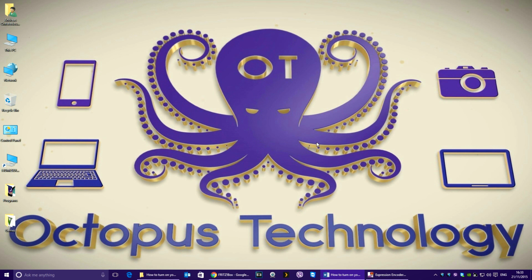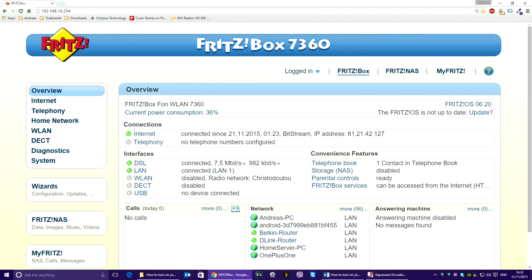Now you need to go to your router by typing its IP address in your browser's URL. In my case it is 192.168.10.254. In this step, we will be adding port 9 to port forwarding in order for it to be open when we send a packet for waking up the PC. Your router will probably be different than mine, so you have to find out on your own how to port forward on your specific model. Just to show you how it's done, I'll be using my router as an example.